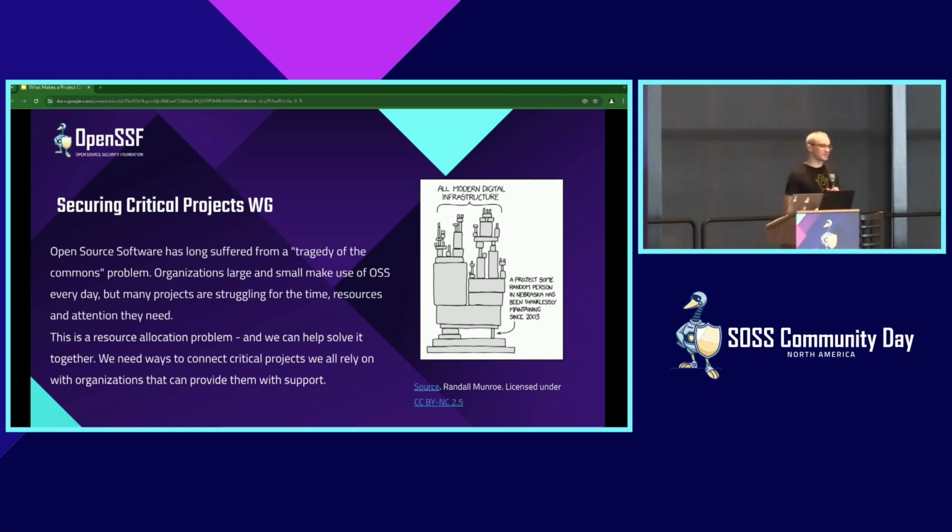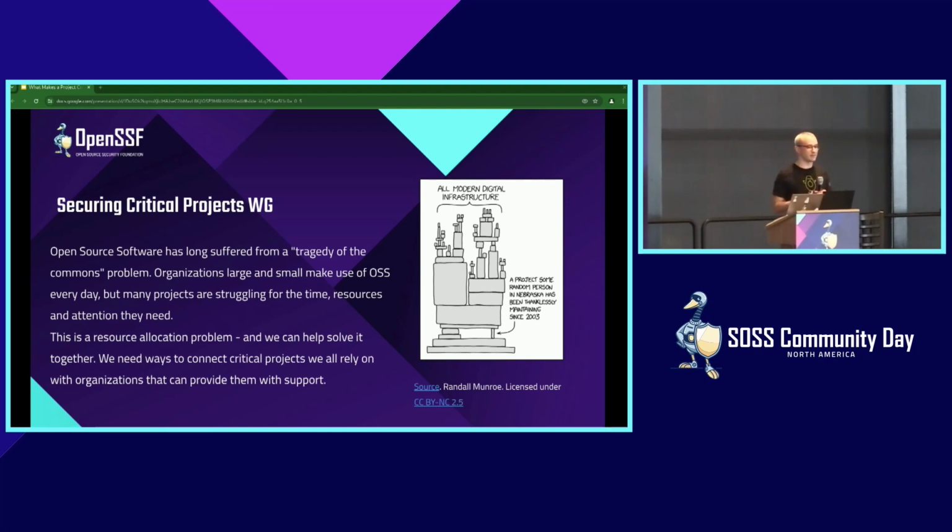All right, so everybody's probably pretty familiar with this XKCD. There's a lot of ways to solve this, and one of the ways that we think is going to help this problem, not everything, and the core problem statement of the working group, is that we think these projects can be served by more resources. Hopefully that's not very controversial to say. We need to find the projects, one, but also figure out a way to get the resources to those projects.